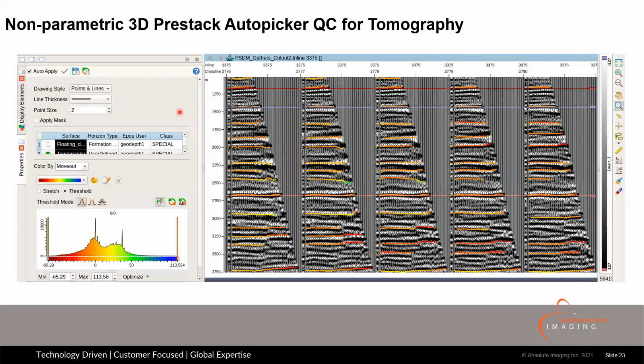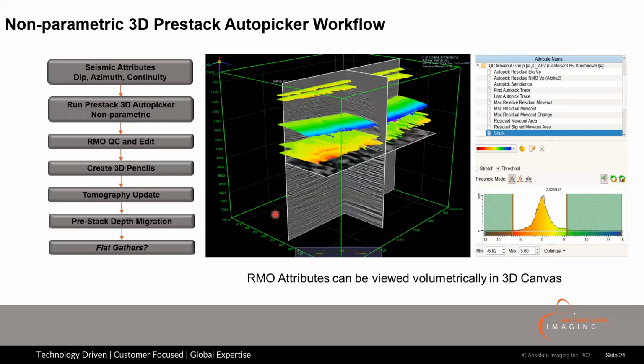The other option is a non-parametric approach. The non-parametric approach is where you pick your horizons, your events, based on your DAC attributes. So wherever you have a good signal to noise ratio, wherever you will be shooting the rays, that's where you would like to pick. As opposed to the parametric approach, you don't fit a parabola to it. We just pick the individual traces, and by doing this you will be able to develop